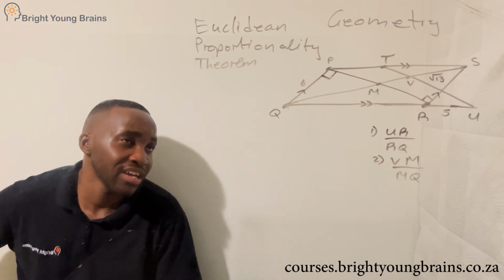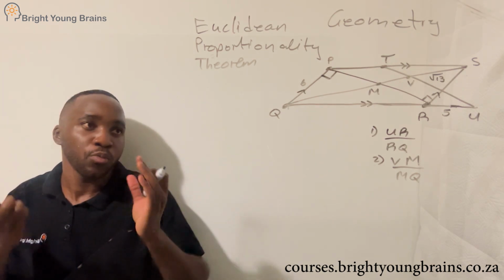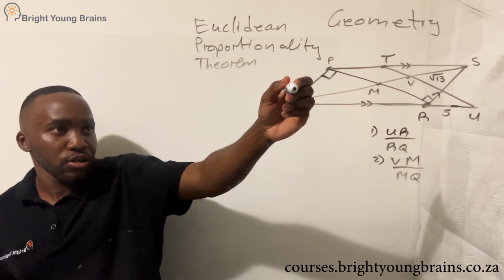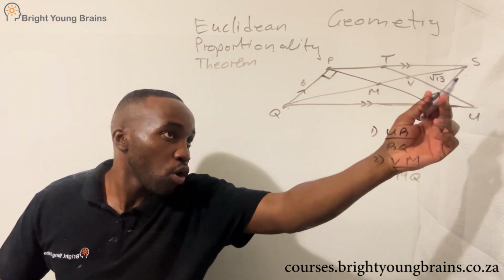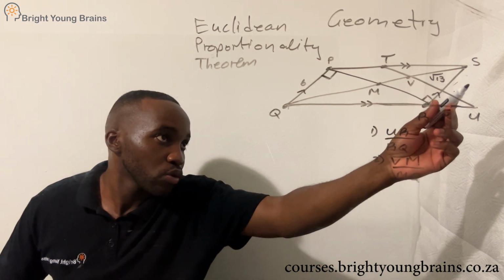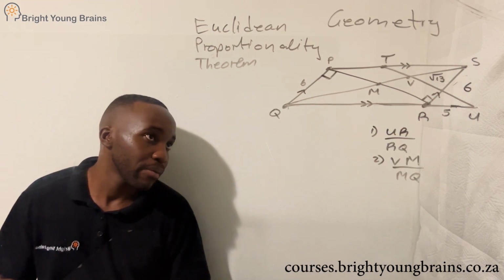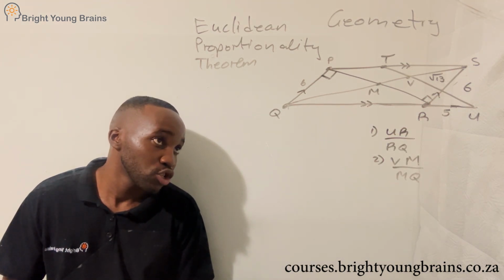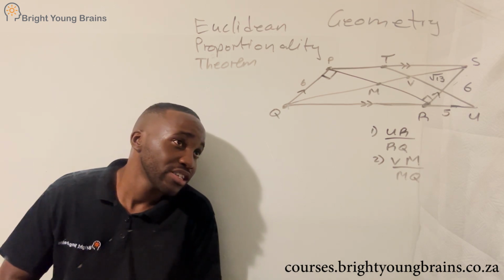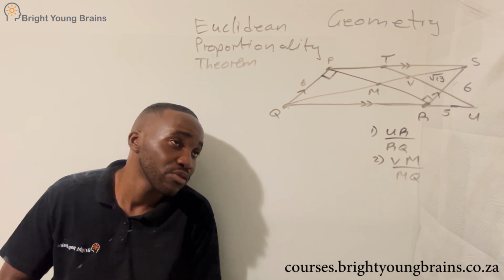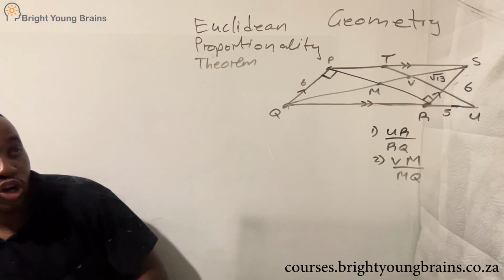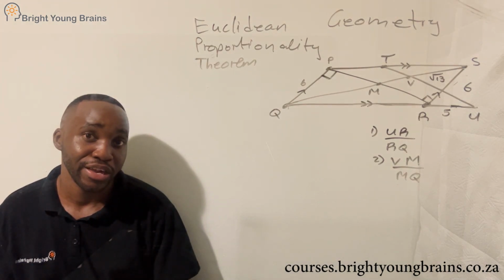Now the reason for making that 90 as well is just so that it opens our brain. This, they have given it to us as 6. So the whole thing here is also going to be 6. Let's just keep that in mind, because that is going to be useful. So let's keep on digging for some kind of information,